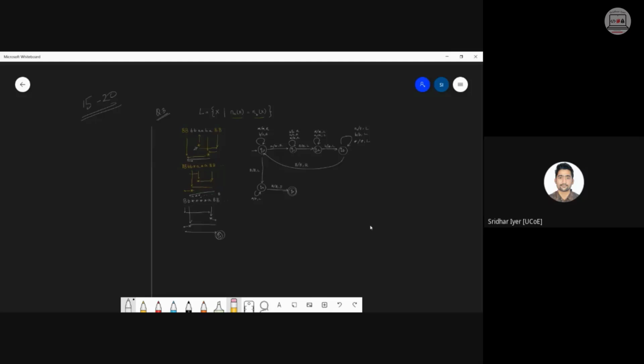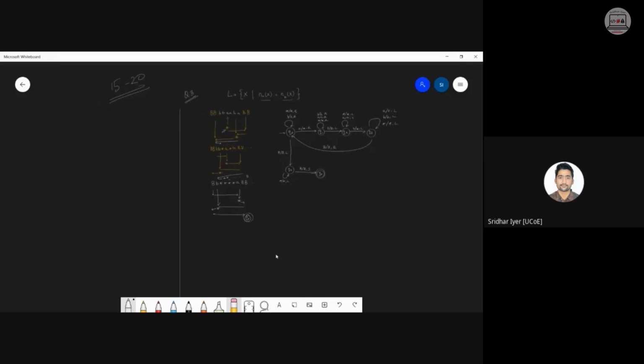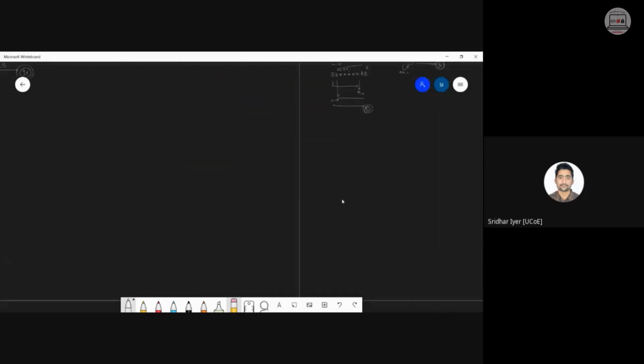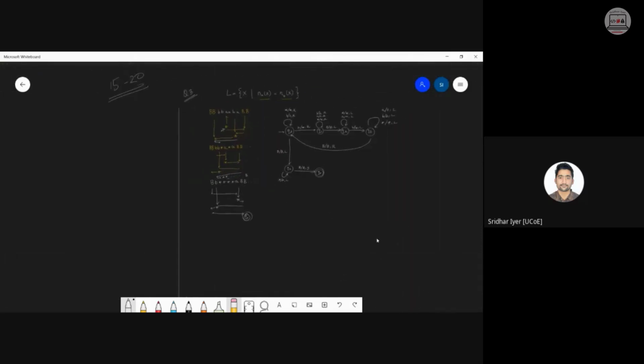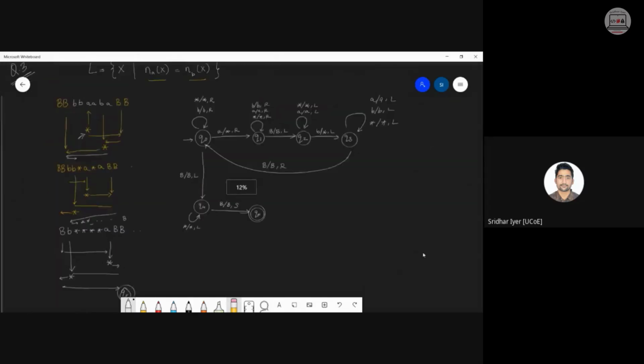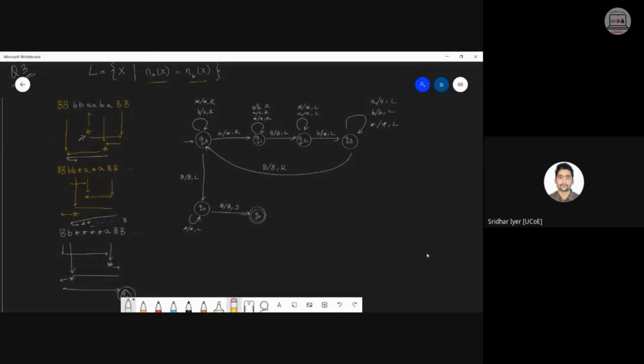So I guess you understood this problem, right? Can we move ahead? Obviously, this problem is incomplete. You have to solve the simulation. You have to construct the table. I'm just showing you the main logic. If you have understood the logic, then you would be able to solve any problem. You would be able to complete it, right?